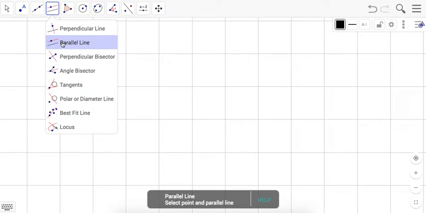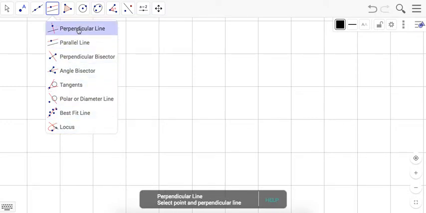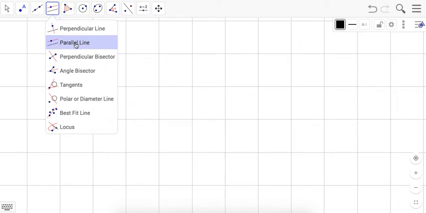It's parallel line. And something to know about GeoGebra is what they're trying to tell you in some of these constructions is that the piece that's in red on this little icon that's actually next to the heading is what they'll draw for you, and the other pieces that might be in blue or in black are what you need to draw before making, for example, in this situation, a parallel line. So you have to give it a line and a point first,